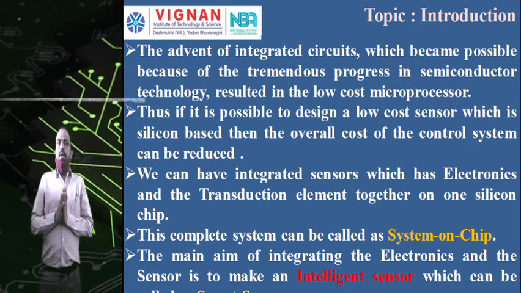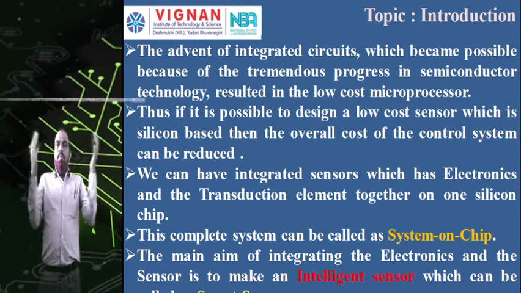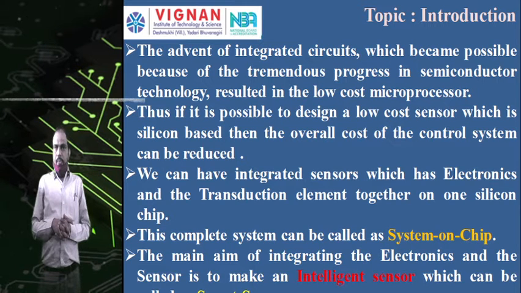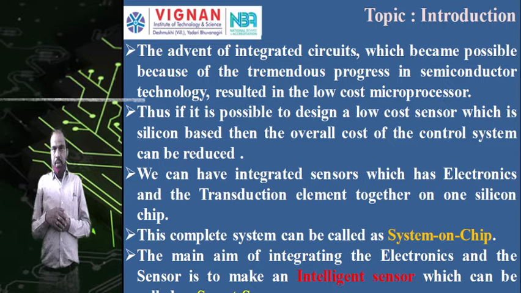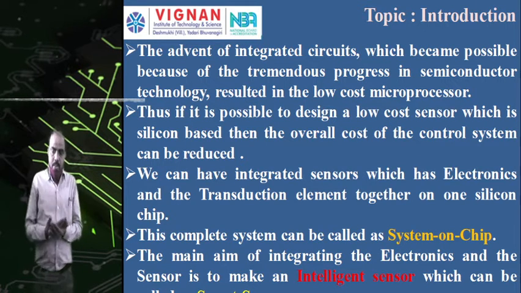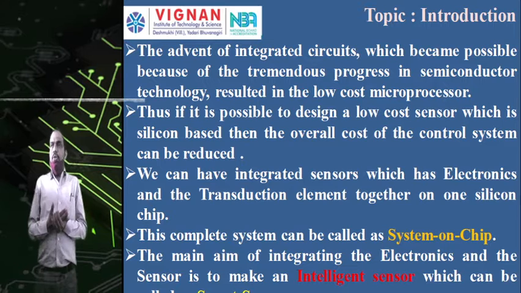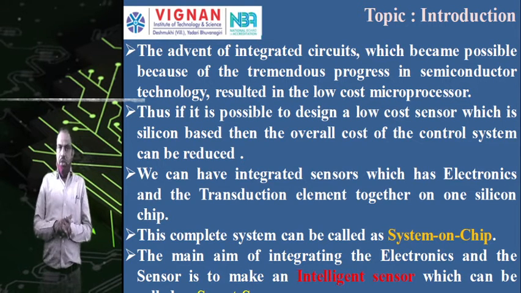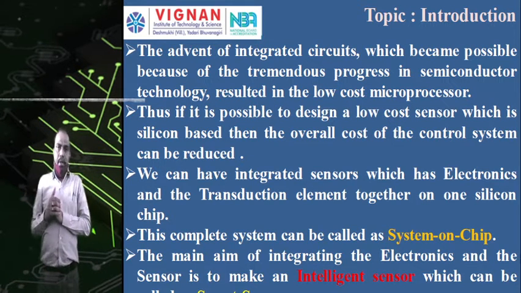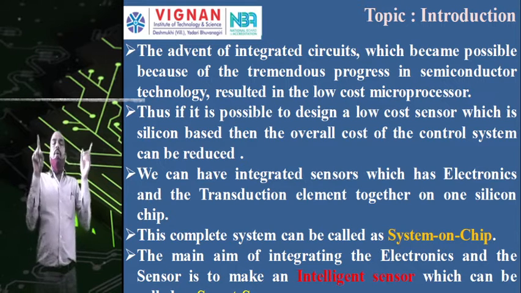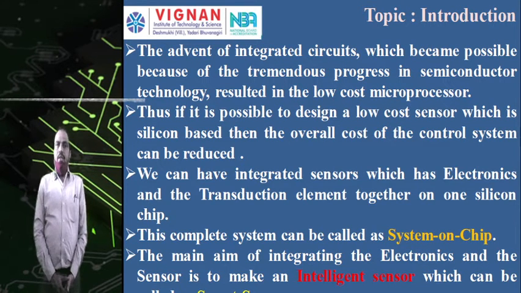But an integrated circuit is nothing but a large number of components fabricated on the same chip. All the components are fabricated on a semiconductor chip, and that is called an integrated circuit. Because of the advancements in electronics, there have been advancements in integrated circuits. In a normal measurement system we have a sensor or transducer, then a signal conditioner, then an output device. If we have all these components on the same chip, you can say that it is an integrated circuit.